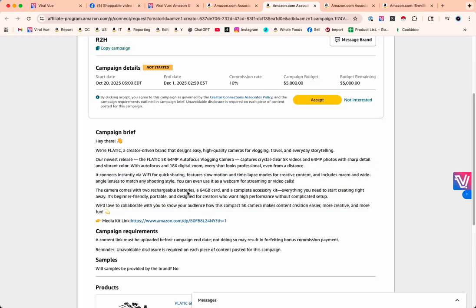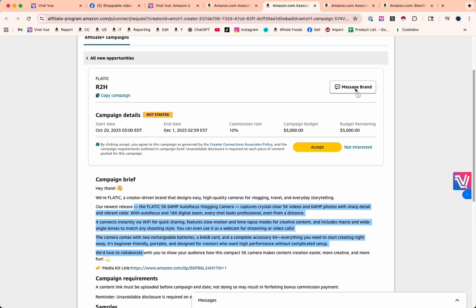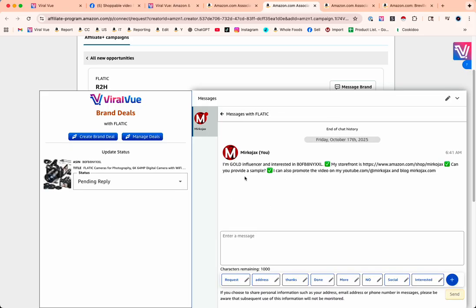I mean, it also shouldn't be legal for Amazon, the brand telling you what to say. They put some general information here. But from this page you can click message brand, and I already sent a message from ViralVue, so it